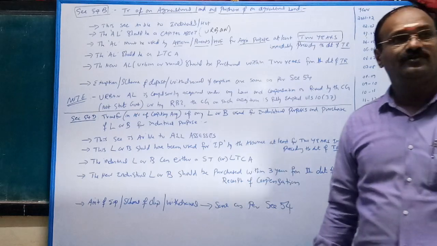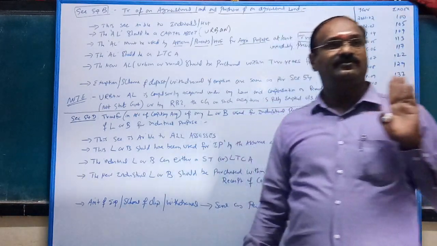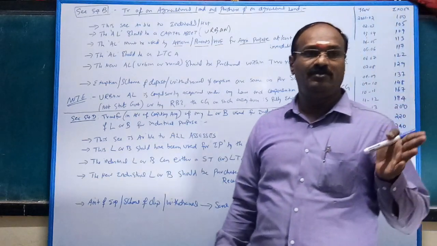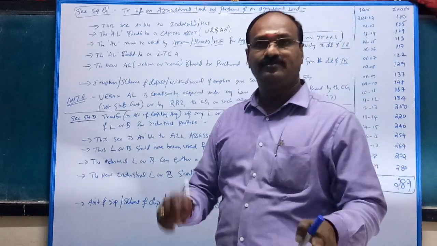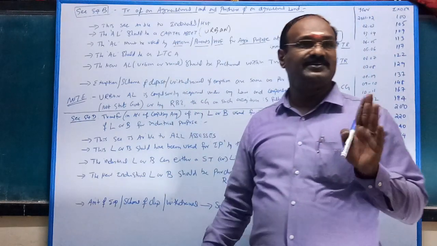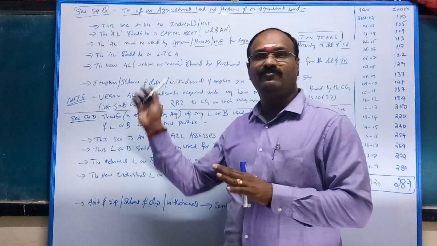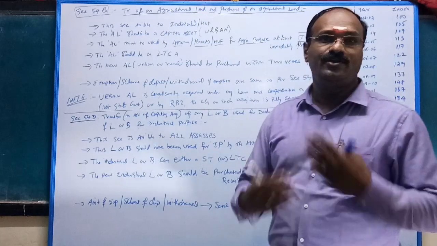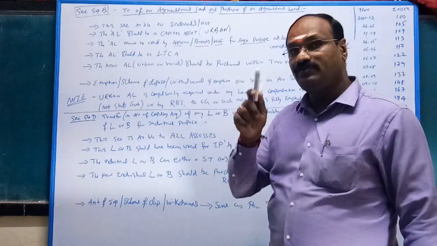Section 54, in order to claim the benefit of section 54, the capital gain is not applicable for short-term capital asset. It is available only for long-term. Similarly, in section 54B also, it is available only for long-term capital asset. Suppose it is a short-term capital asset, section 54 you cannot claim, section 54B you cannot claim. So in order to claim the benefit of section 54B, the agricultural land should be a long-term capital asset.